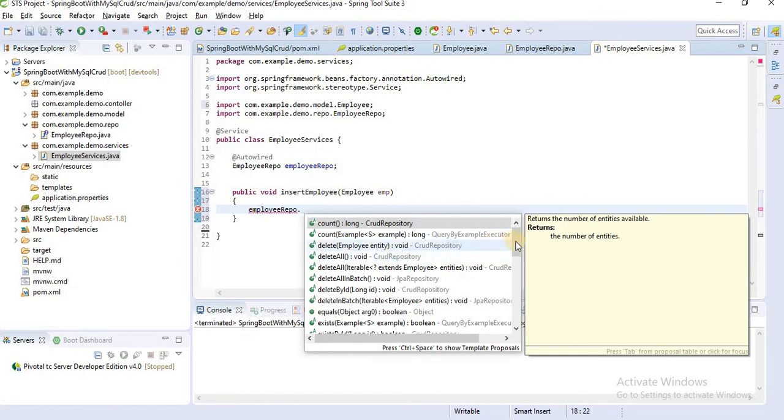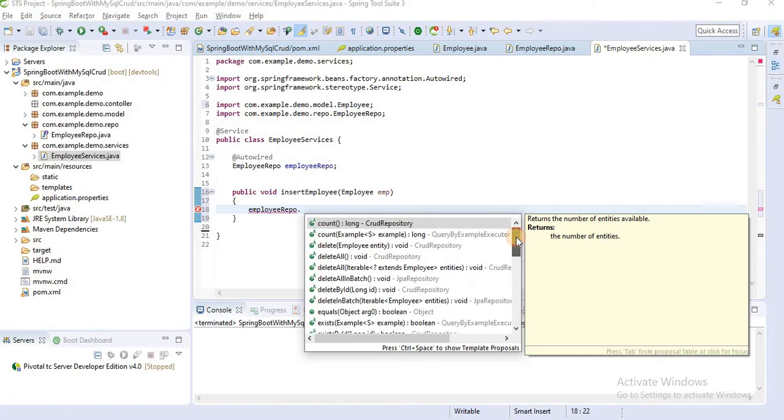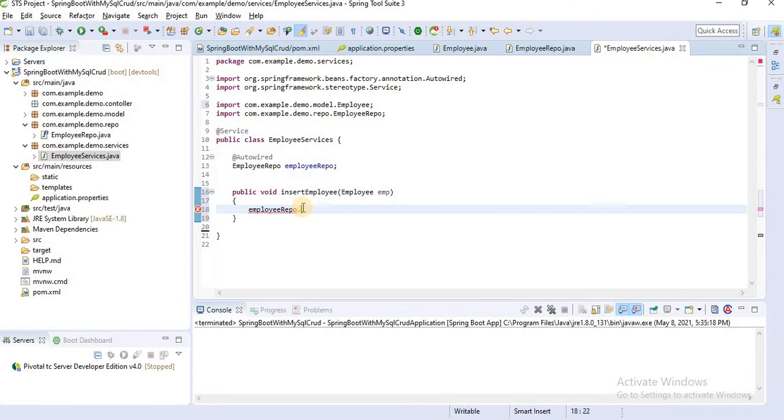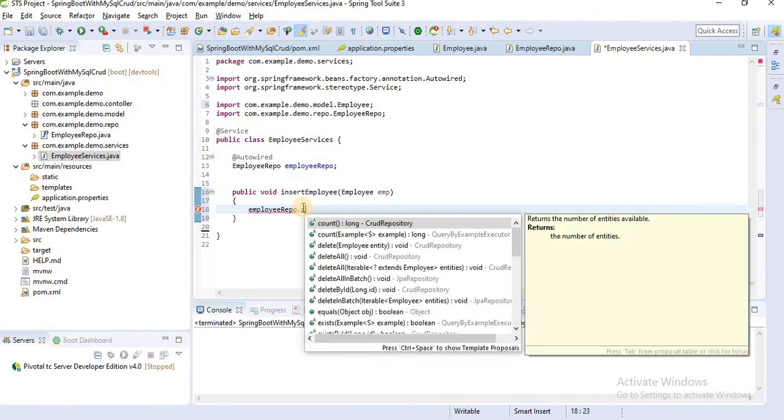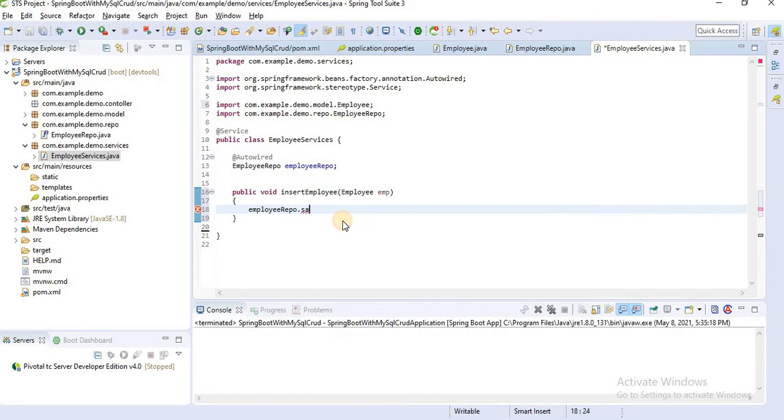Let's see here. We have all these methods that the JPA repository provides. What we are using here is save, because we are inserting the data. We have save all, save and flush. We are directly storing our object, that's why we are using the first one, save. Let's pass the emp.